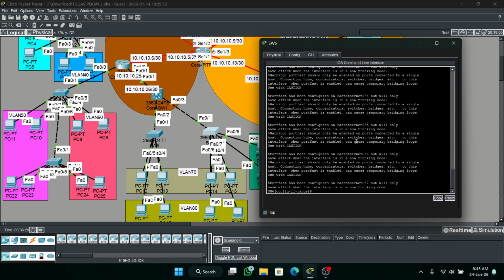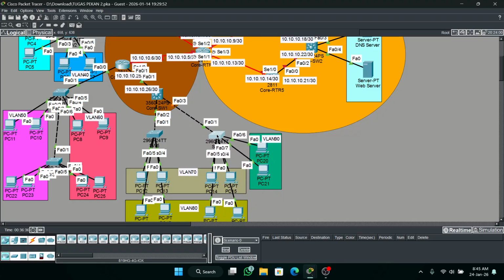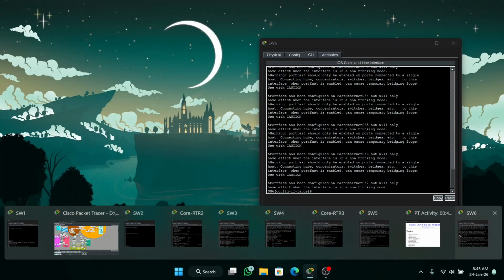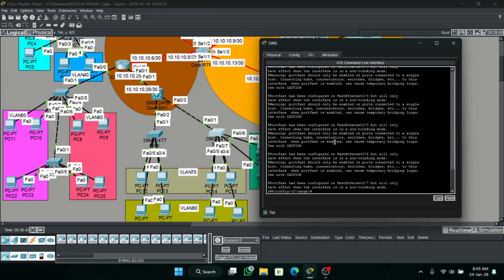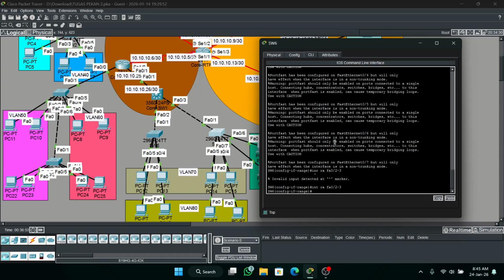What next? Wait, I will see the ports: 4, 5, 2, 3, 6, 7. Okay, this is 2, 3, 4, 5, and 6, 7. Interface 2 until 3 is for VLAN 70.